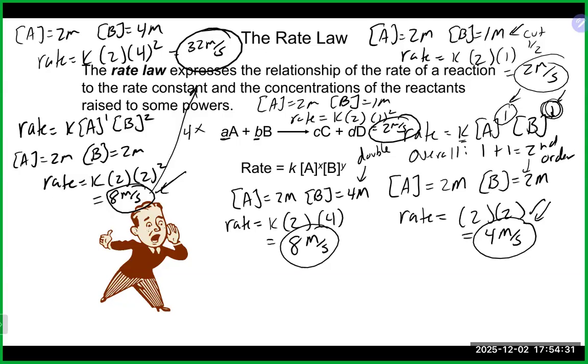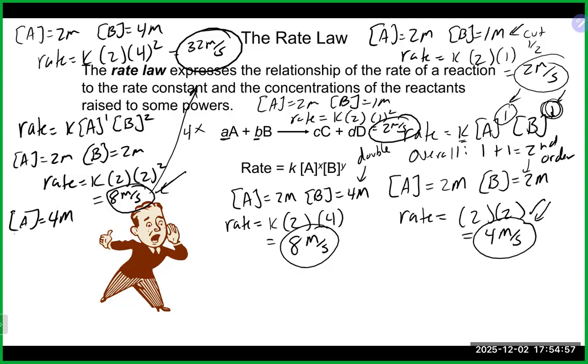So in this case, because B has an order of 2, it actually has a greater effect on the overall rate than A. Now I could still do the same thing with A, right? I could change the concentration of A, and we would not see as big of a change, right? Because the order of A is only 1. So if you did A to the 4 there,